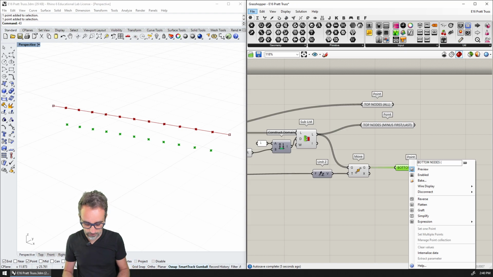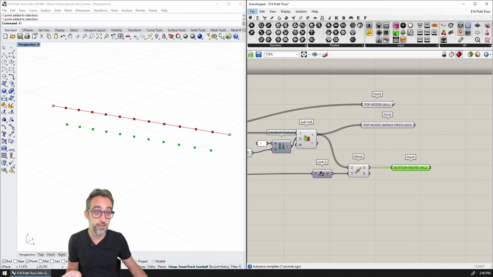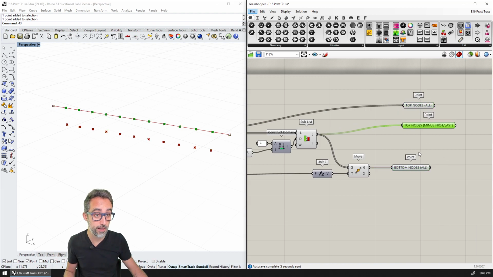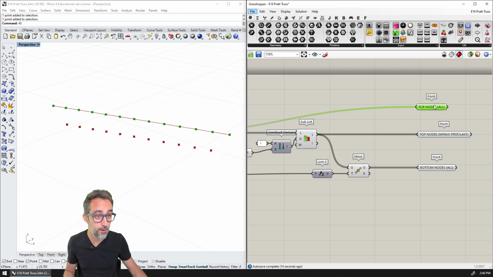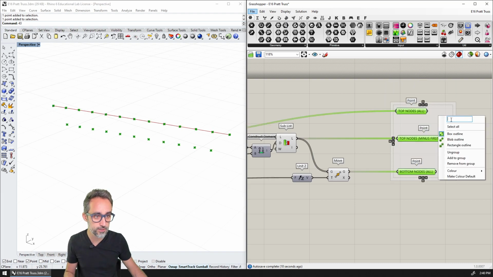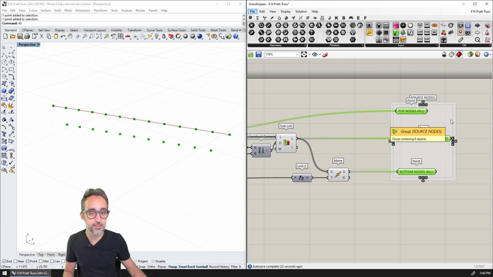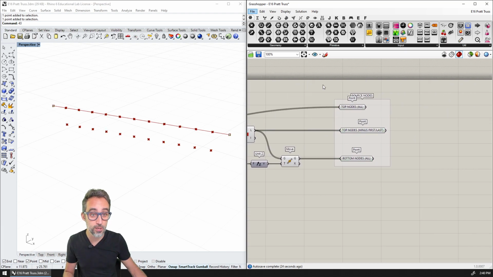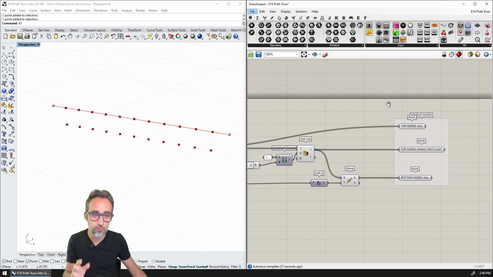And here I'm going to say all because I don't really need to differentiate between minus first and last. There was no such thing here. Okay, so now I have here the result of my first processing, like source nodes. And this will be the one that I will use to start modifying and adding and removing, etc.,